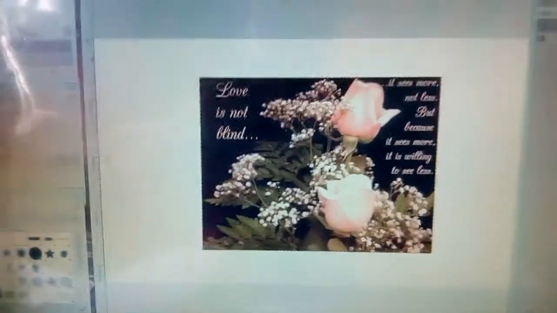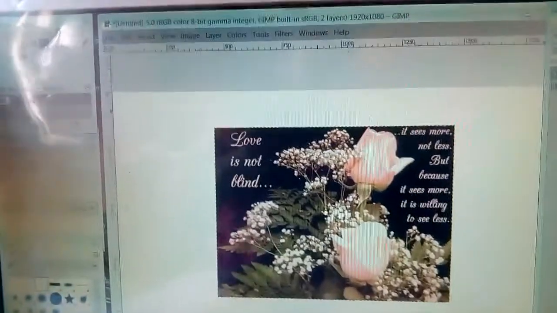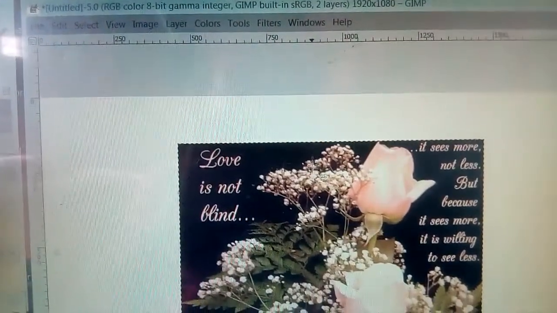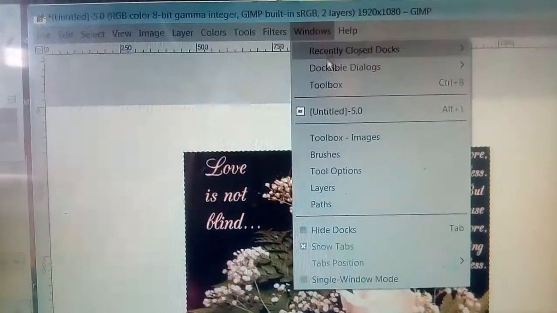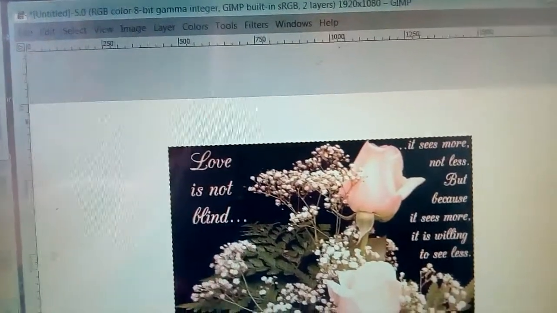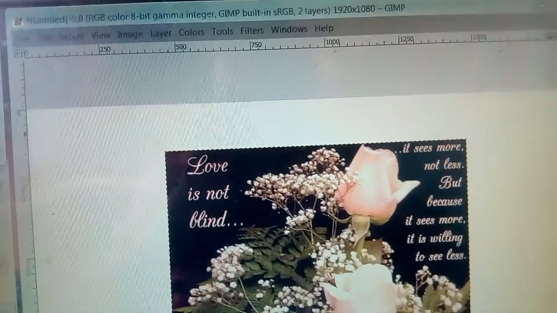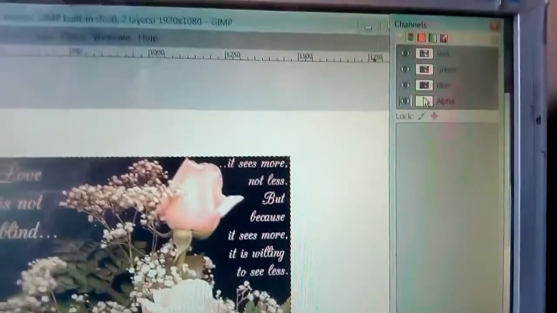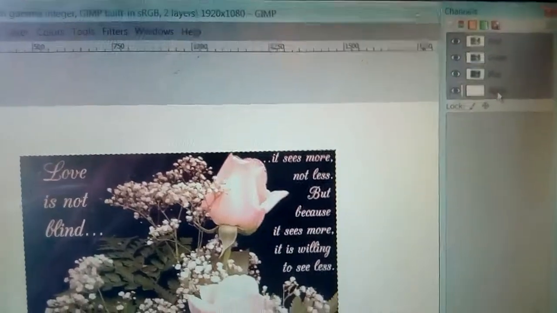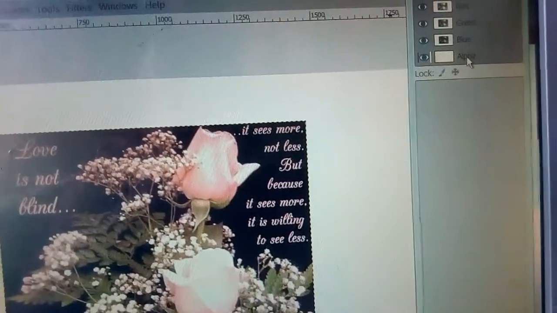Now channel dialog, how will you do that? For that, the same way, first you have to click on the Windows menu, then dockable dialogs, and then channels. When you click on channels, here you can see the four prime colors, mainly red, green, blue, and in this updated version alpha is also there.